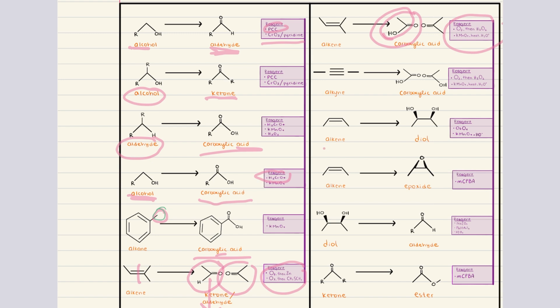Alkenes can also undergo hydroxylation to form vicinal diols, which are compounds that contain two hydroxyl groups on adjacent carbon atoms. This transformation is achieved using osmium tetraoxide or potassium permanganate in basic conditions, and here the hydroxyl groups are added across the double bond in a syn addition. These diols can then be further oxidized into aldehydes or ketones using lead tetraacetate or any of the other reagents